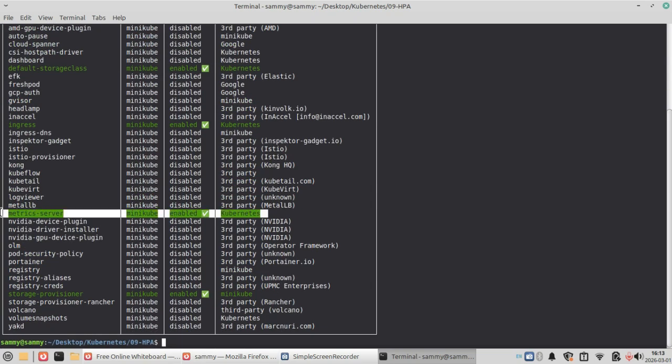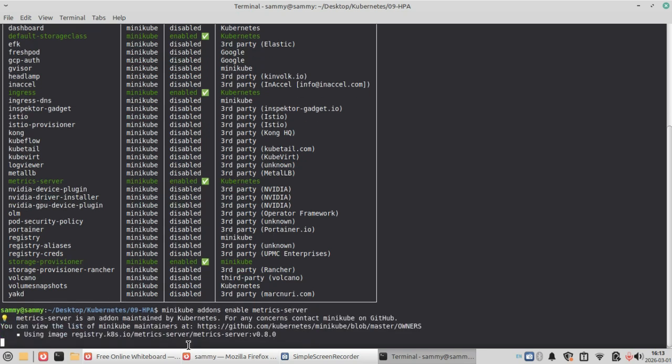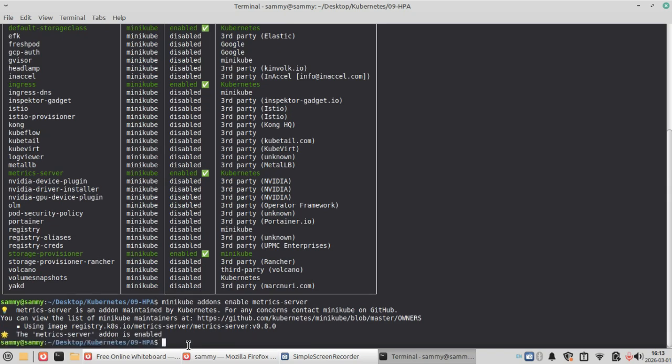All right. So you can also enable yours. And to enable the metric server, you simply do minikube addons enable, then the name of the add-on you want to enable. In this case, we have the metrics server. So Minikube is going to add the metric server to your cluster. You can also manually install the metric server in your cluster. All right. And also before we go into the practical aspect, to confirm,